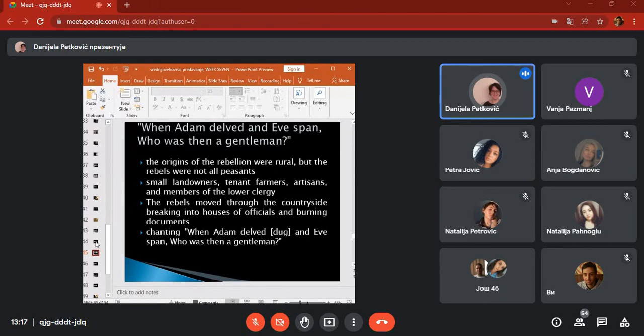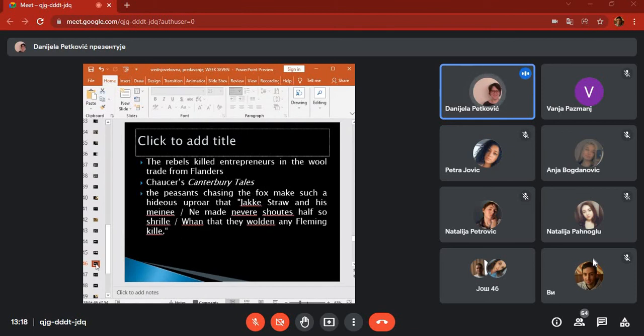So they resorted to these biblical figures, first human beings, in order to call attention to the fact that originally there was no social stratification, there were no social classes, and there was no inequality, material inequality, financial inequality, and so on. So they are basically, with this, calling out their authorities for deviating from the Bible, including church authorities. For some reasons, they killed also entrepreneurs in the wool trade from Flanders, and this is mentioned in